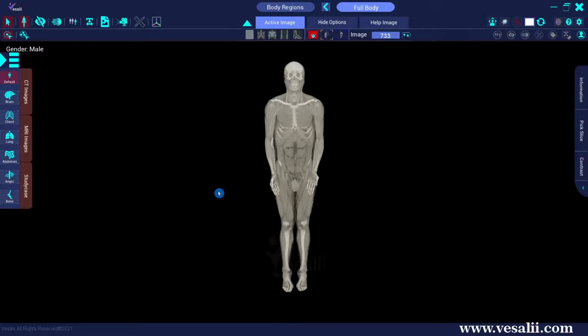The screenshot will only include the visible 3D view and not the whole application screen. For example, it will not include the toolbars and the left and right side panels. The screenshots we take will be saved in the user folder by default. We can change the folder where screenshots will be saved from the Settings menu.